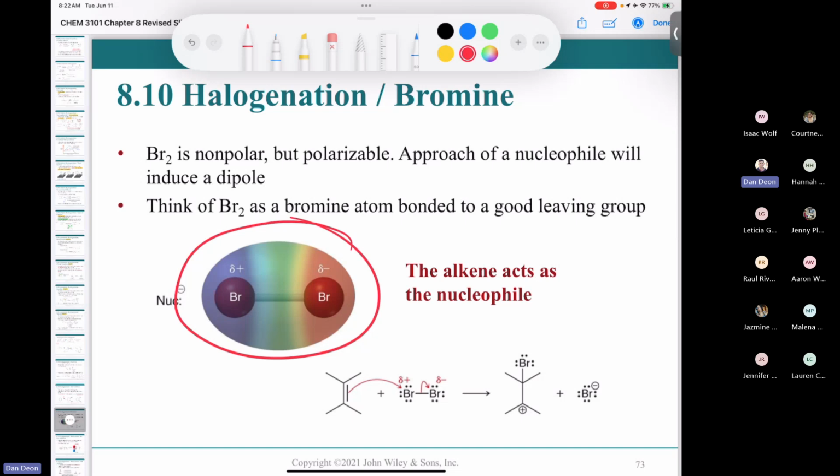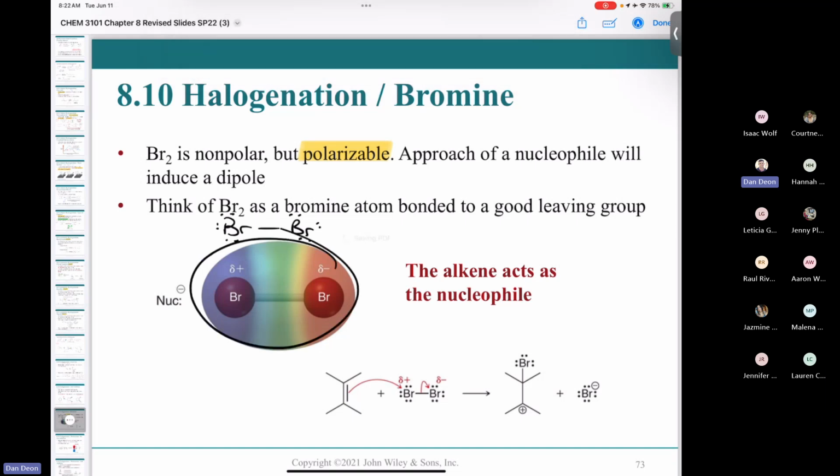Bromine is such a big atom that molecular bromine, Br2, is polarizable. It's nonpolar, but it is polarizable. And what does polarizable mean? Again, it means it's able to distort its electron cloud. So if you have a nucleophile, and a double bond can be a nucleophile, you see a double bond behaving as a nucleophile here. If a nucleophile approaches your Br2 molecule, and again, this is nothing more than an electrostatic potential map of a bromine molecule being shown in this pretty diagram,